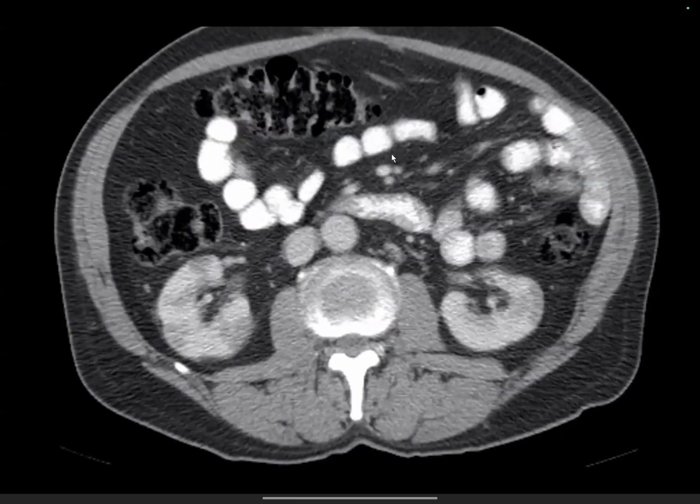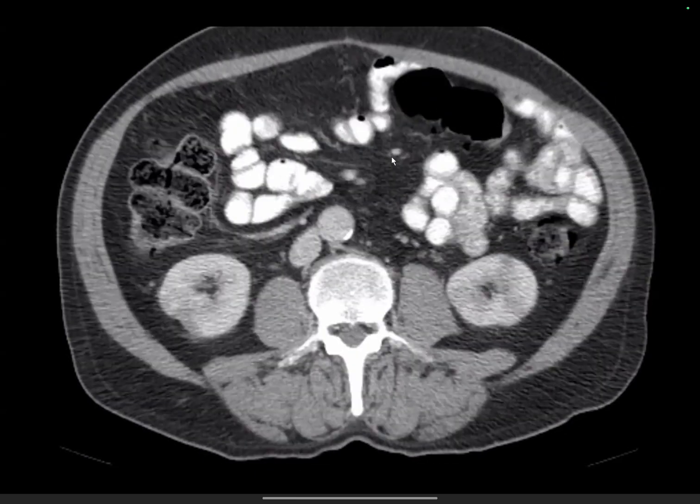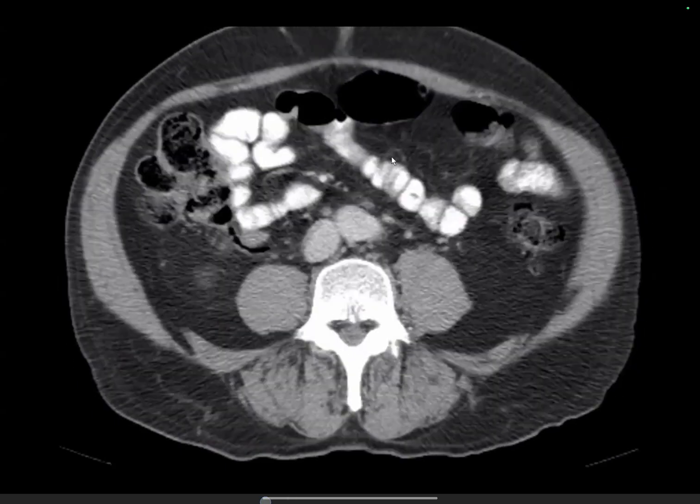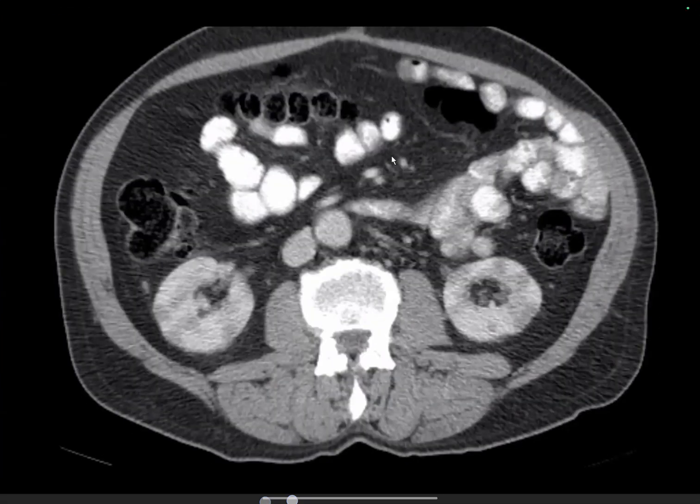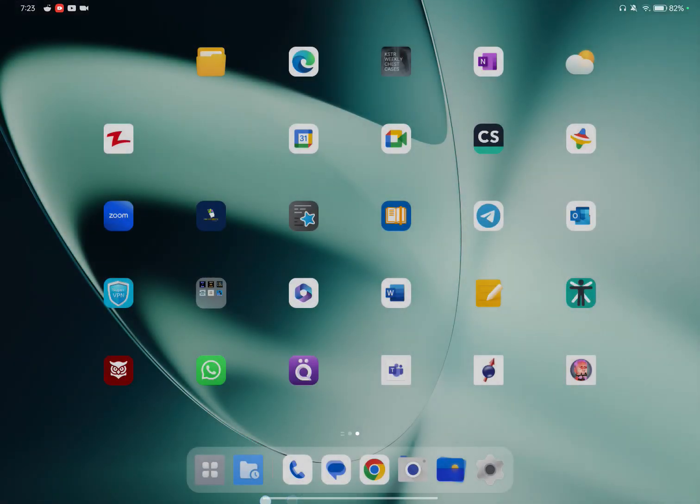The axial will go back up, reach the pelvis so that you see what's going on. Going back up. So have you seen anything so far? Sir, I can see that